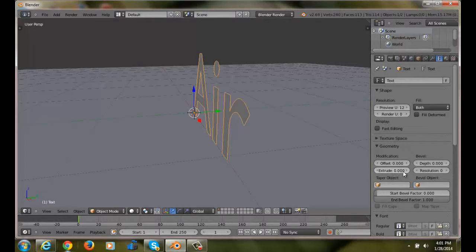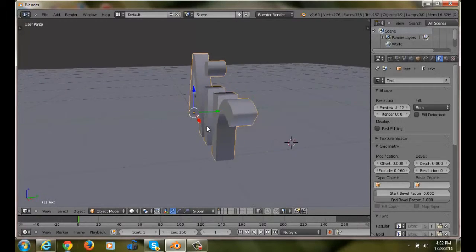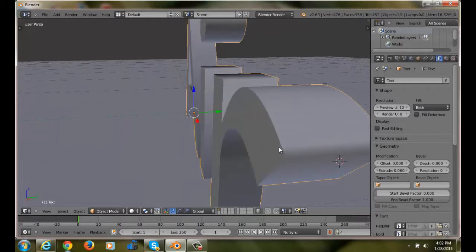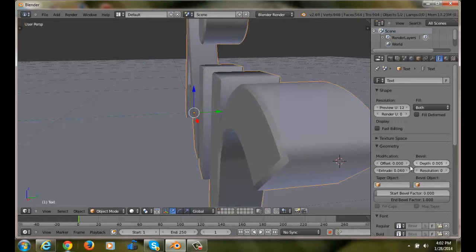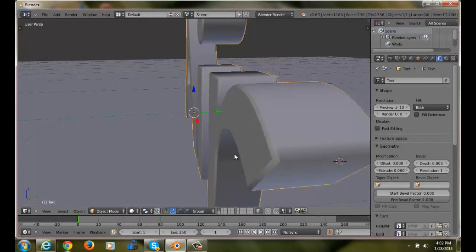can't think of it, but yeah. And then we're gonna extrude this, which means make it 3D basically, and we're gonna make this 0.06. I'm gonna enter it. Alright. Oh, my numpad's locked. That's why. Alright. Now, if you look at the corners, they're sharp. You don't want them like that. Well, if you do, then I'm gonna press depth by 5, so it goes like that. And then resolution 1, so it's like